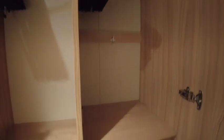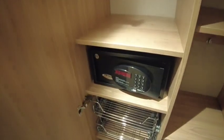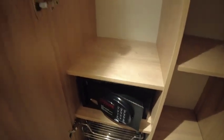You have two closets with adjustable shelving. Other closet with the shelving, as well as the security, the safe. Lord, had a mental block there, but